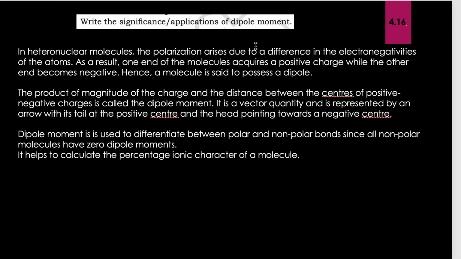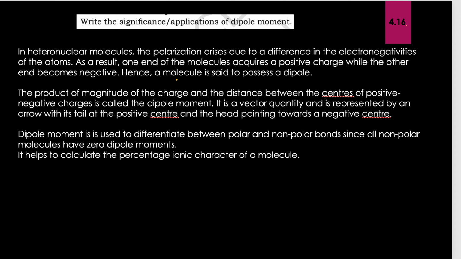So, as I always say, before you move into understanding the actual question, try to learn the basics of what is asked in the question. So, what is a dipole moment? As it clearly says, in a heteronuclear molecule, the atoms that are present will have a difference in electronegativity. If you have the atoms in a molecule with the same electronegativity, then it is called a homonuclear. But hetero means different electronegativities